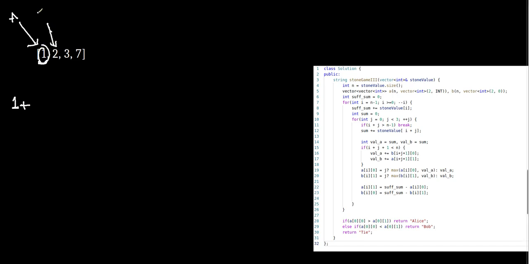Now Bob will start here. Now, what is for this subarray? If Bob starts at 2, what is the score for Alice? Assume it's x1, and the score for Bob equal x2 for this subarray when Bob starts at this index. In this case, Alice's score will be 1 plus x1,